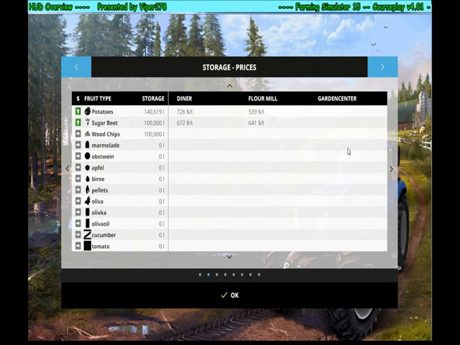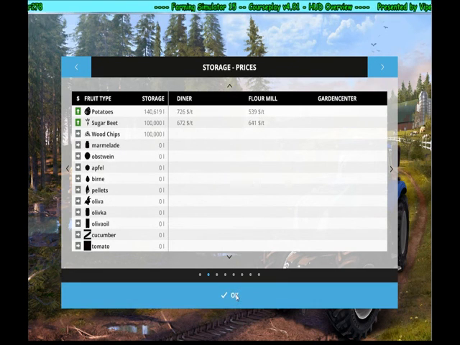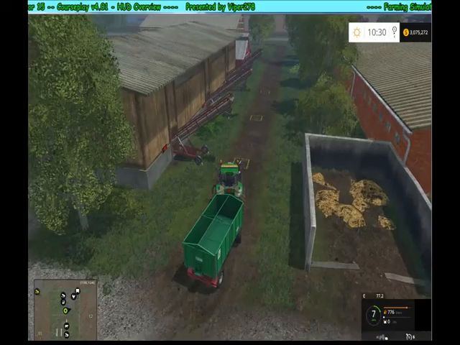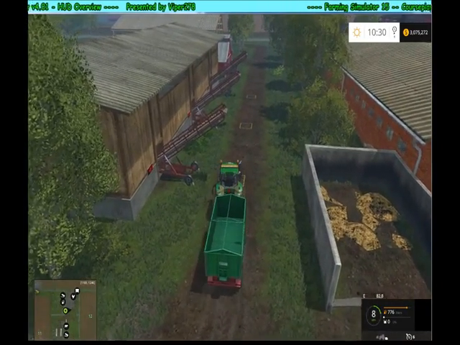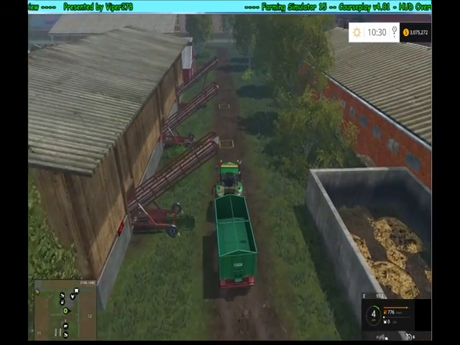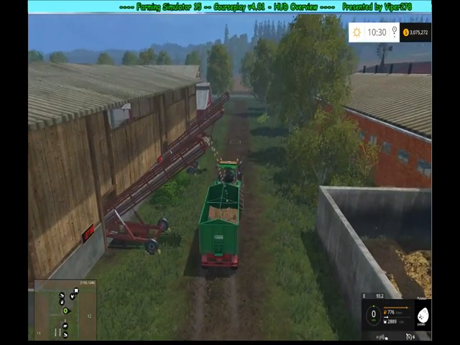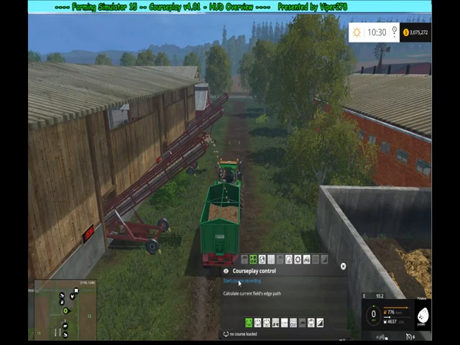Okay, we can go to the flour mill again. So we'll just make a course back to the flour mill. That's the nearest tip point I have. Okay. So with this one, we're going to start here underneath the conveyor, and you see he starts there. So what we have to do is when we start our recording,